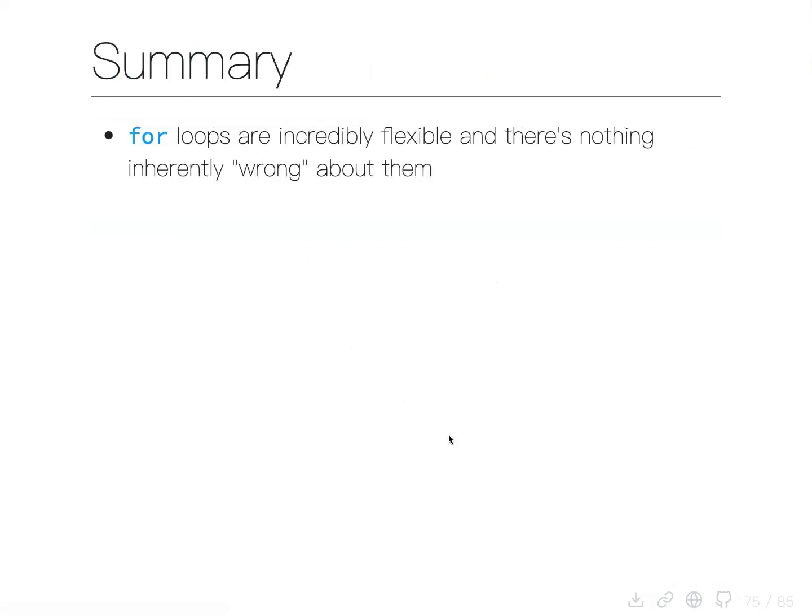Okay, so summary for our loops, and then we'll get to our lab. We have about 50 minutes still left of class, so you probably have about 45 minutes by the time we get through these last couple of slides for the lab. Okay, so for loops are super flexible, and in some ways they're better than functionals in what we've introduced so far anyway,